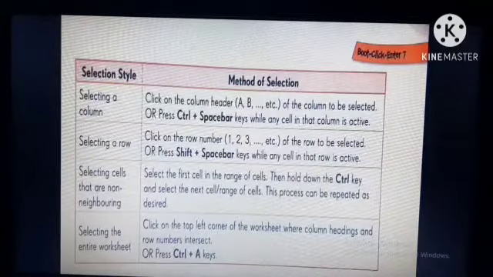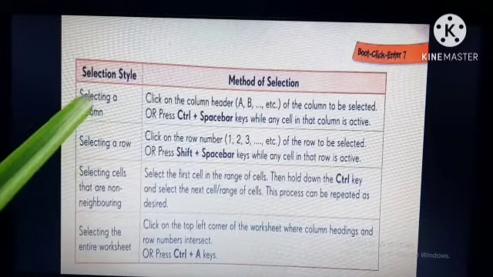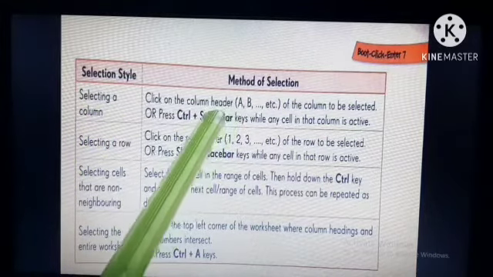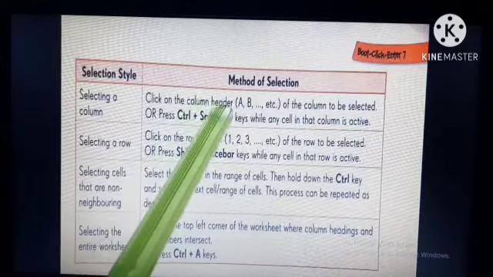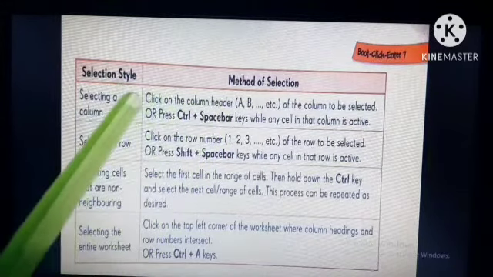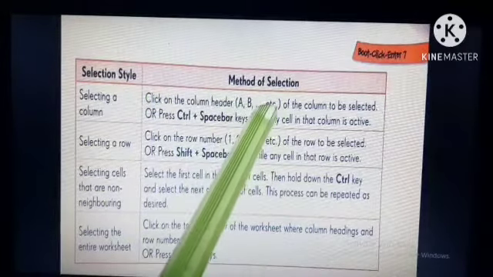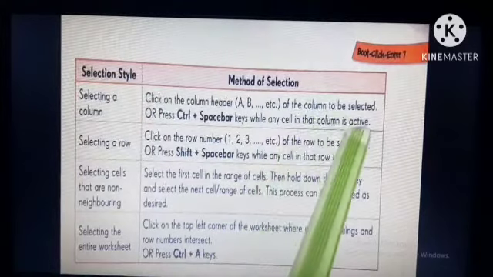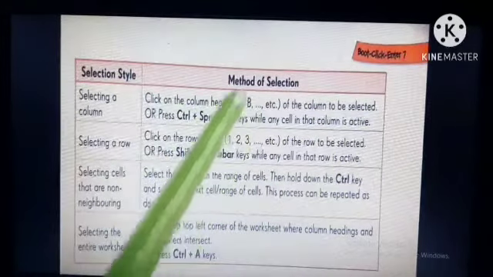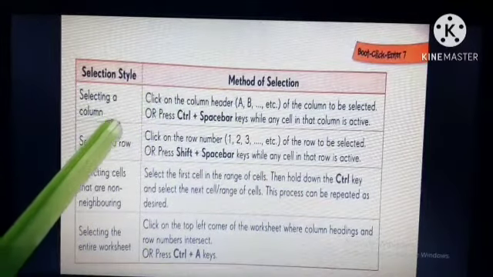Now we are selecting a column. How will we select a column? Click on the column header. I told you what is column header before in the previous class. Click on the header column, either A, B or etc., whatever column you want to be selected. Then that column will be selected. Or